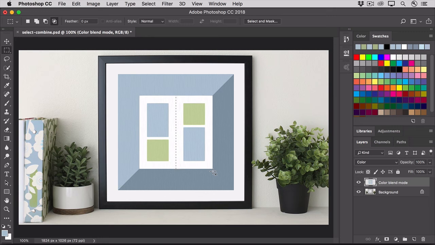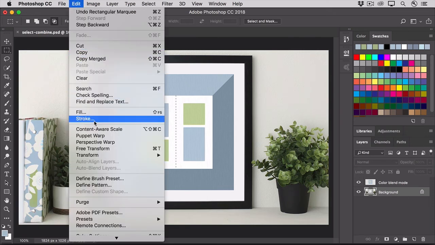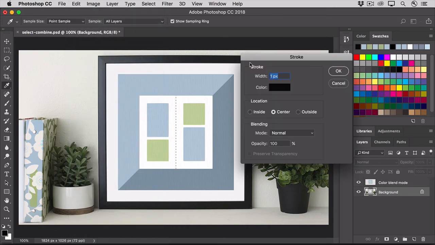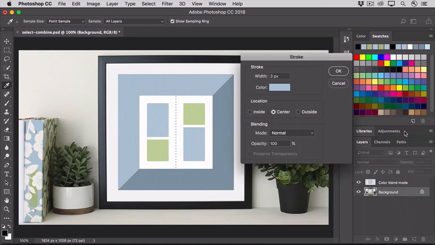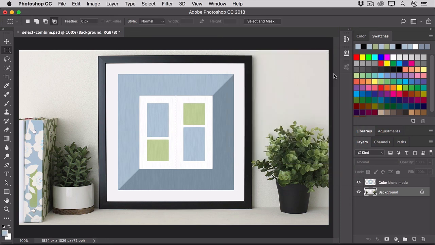Let's give this selection a stroke. I'm going to go back to the background layer for this and click on it, and then I'll go up to the Edit menu, and I'll choose Stroke. I'll set the width of the stroke to 3 pixels. I'll click the Color field, and then I'll move into the image, and I'm going to select that same blue color from the photo. And then I'll click OK in the color picker and OK in the Stroke dialog box, and that strokes the selection, and I can deselect by pressing Command D on the Mac or Control D on